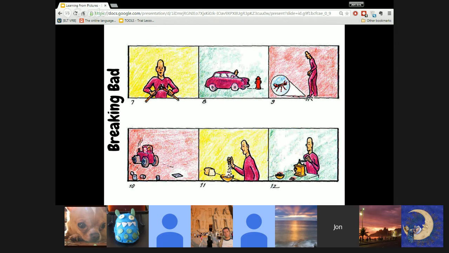So let's look at the last three. These are three ways to crush things. 10, 11, and 12. Now, in 10, you see a bunch of cans. One of those cans is now completely, what do we call that? Flattened. Yeah, so number 10 is to flatten. Flatten something. Maybe that's the best word.